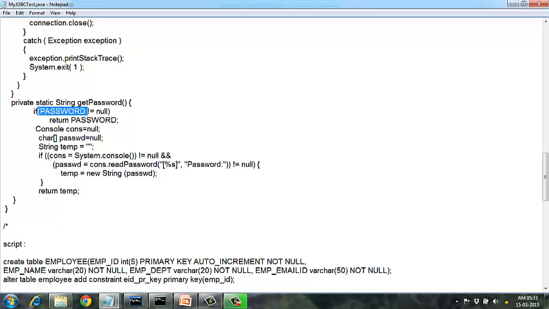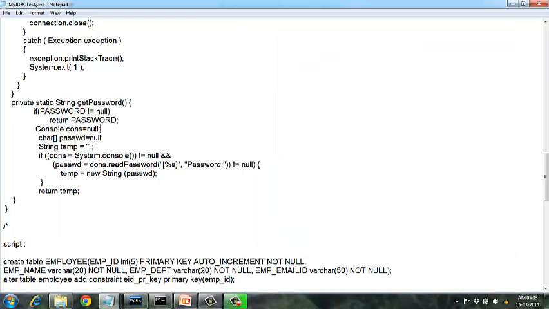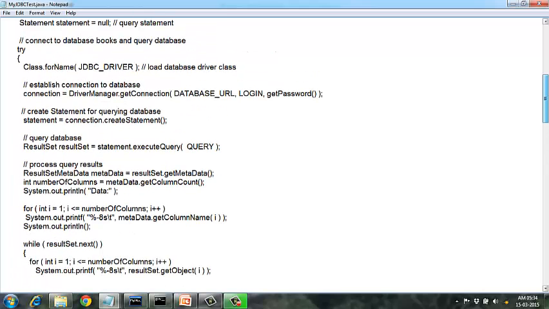But if it is not equal to null, there is some value from the configuration file, the properties file, it returns that password. You can see in an example that the password is given here. If it is not given, then it will ask for the password from the console. Using the console, let's say read password, and return this password to the program. It does not echo on the console. So I get all these values and get the connection,